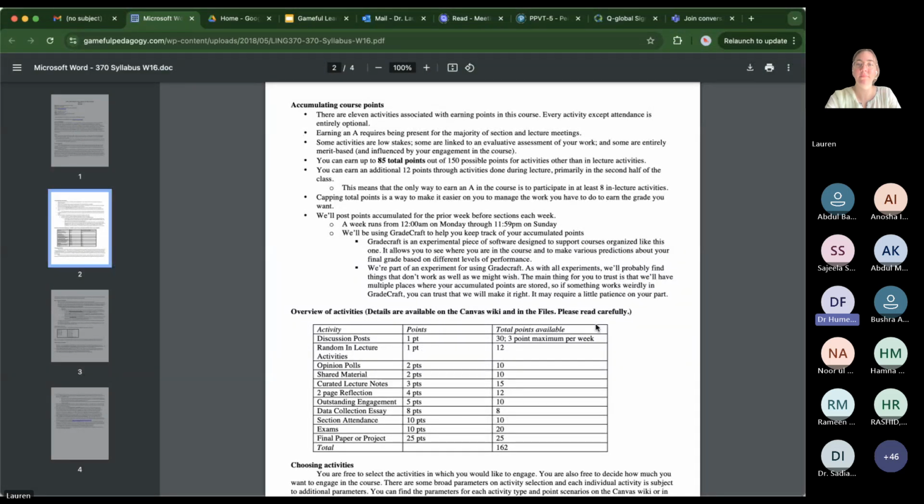Dr. Lauren, my question is related to what Sadia highlighted. She said this course is, according to me as well, well designed, but the freedom to choose the assignment may create problems for teachers.